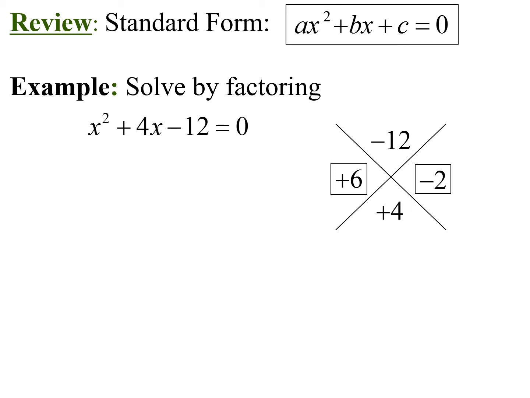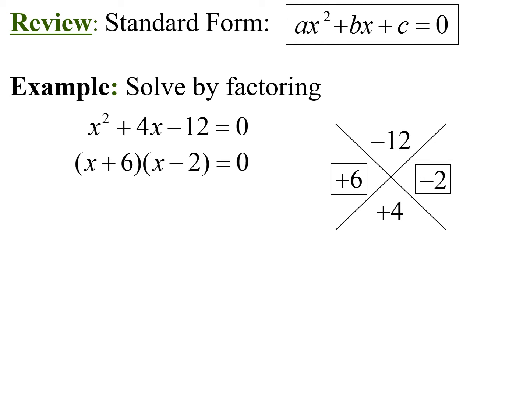These values, positive 6 and negative 2, are not my answers. These are the values that are in the binomials once I factor. So the trinomial x squared plus 4x minus 12 equals 0 becomes the product of two binomials, x plus 6 times x minus 2. Now if I were to take these two binomials and multiply them together, I would get